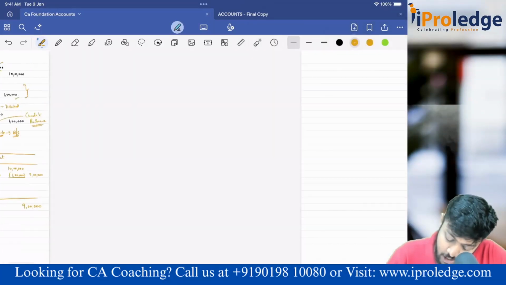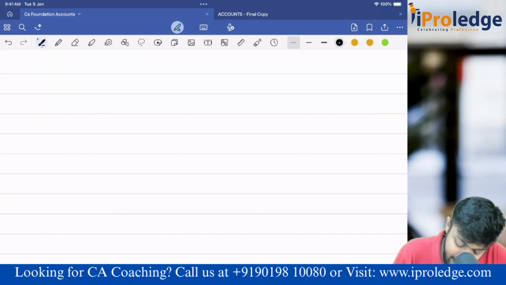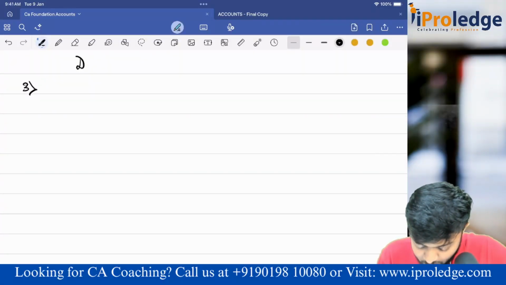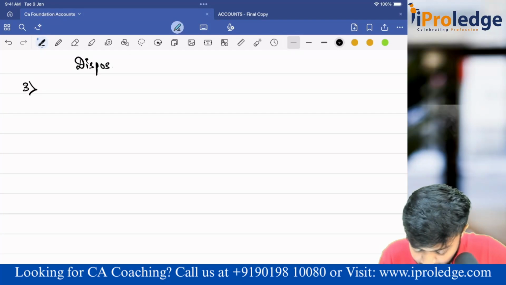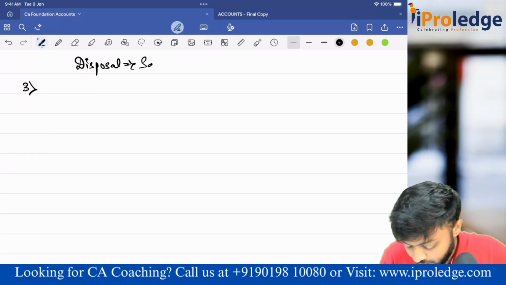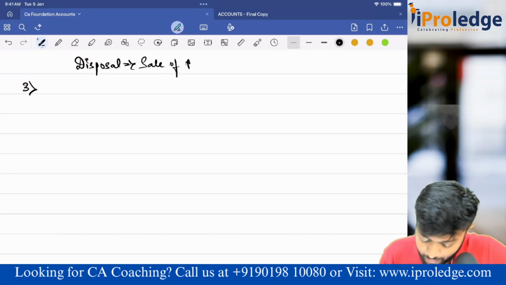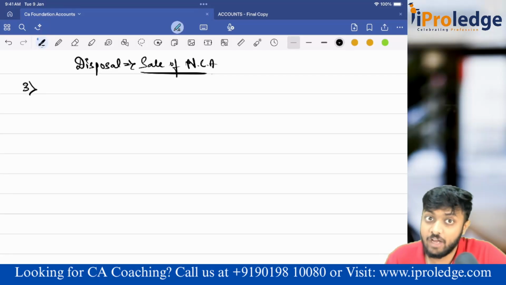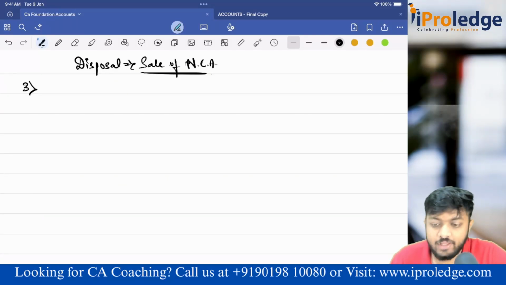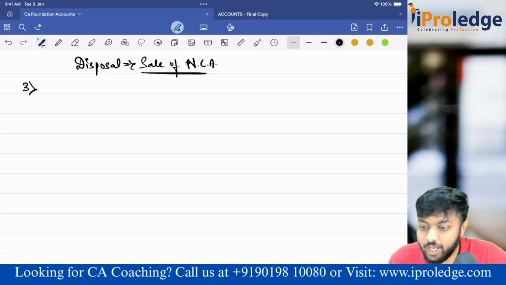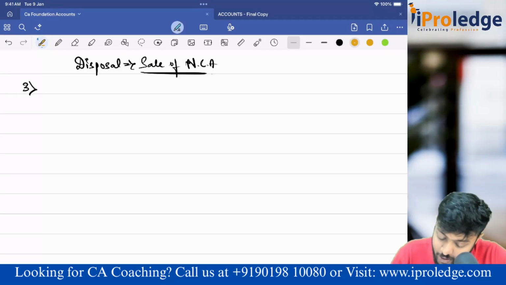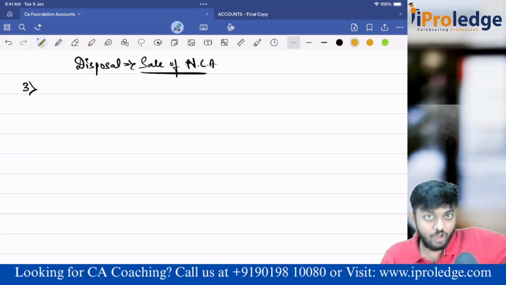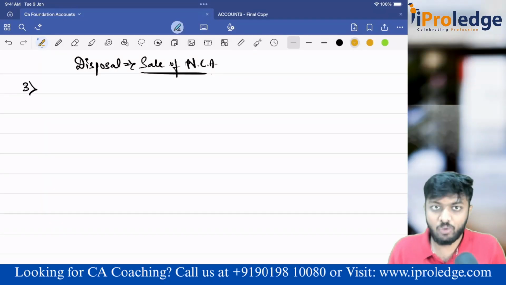Yes. Now the third part is disposal. Disposal means sale of non-current asset. Sir, now what to do? Guys, now this is a little crazy. Focus. Now, before starting with disposal, one thing that you should ask yourself before starting with the sale of NCA accounting is,